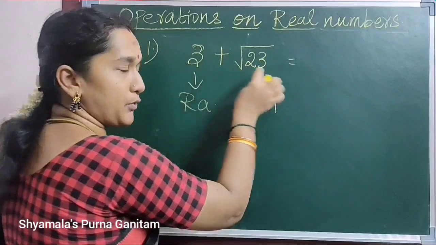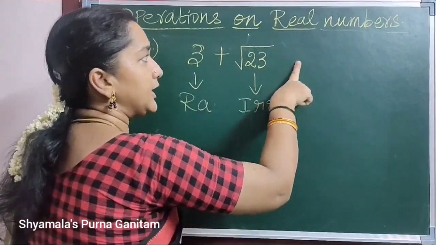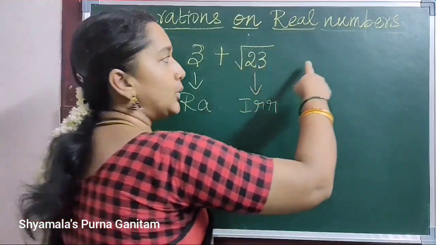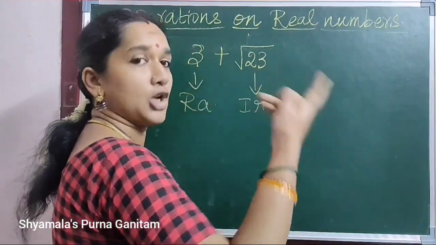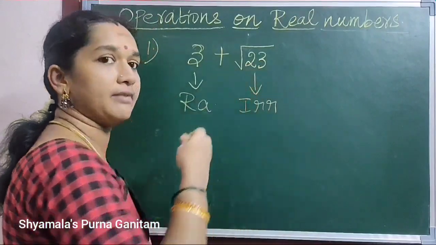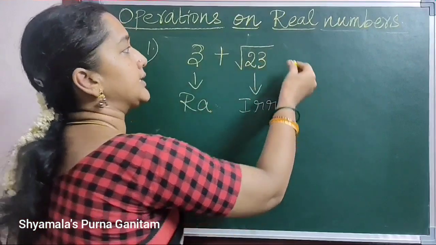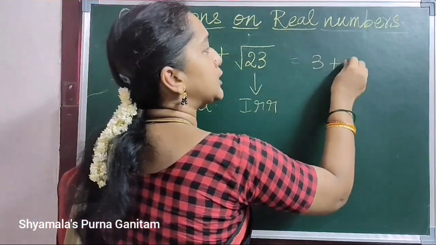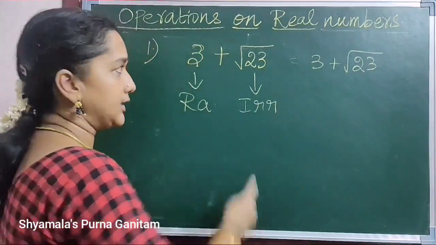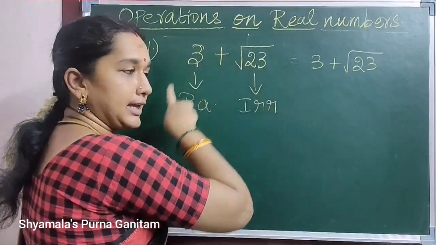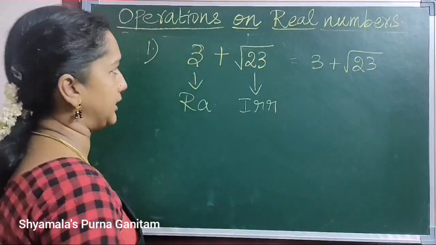So when you find the sum of this, you cannot do any simplification further. When you are finding the value of root 3 also, you will get some decimal numbers only, that is non-terminating and non-recurring. This explanation I have given you in the previous videos. So 3 plus root 3, the result will be 3 plus root 3 only. Okay, so this is sum. Sum of a rational and an irrational number again will be an irrational number.